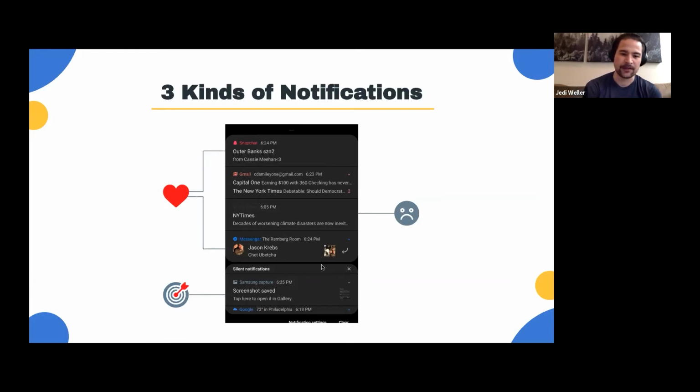We have notifications from services like Snapchat, Messenger, and my email. They're not necessarily pressing matters, but sometimes I click into them, sometimes I just remove them. The active one here, interestingly enough, is after I took the screenshot, I noticed that it popped up and it brought me right to the gallery where I shared it to myself so I can put it into this presentation. So this is the perfect example for an active notification, because I personally wasn't expecting it, but I really enjoyed